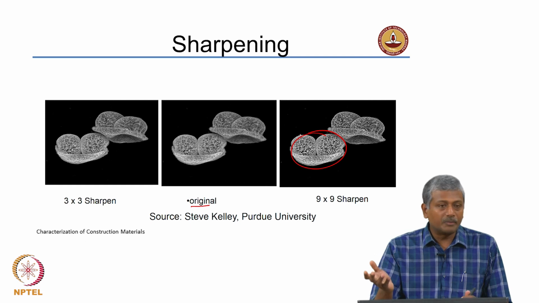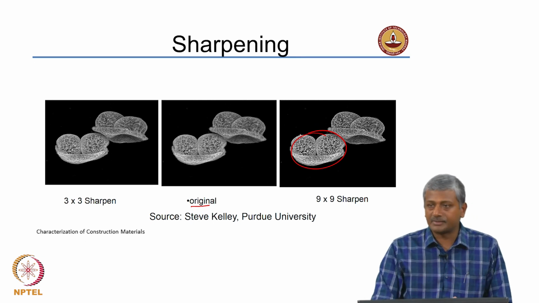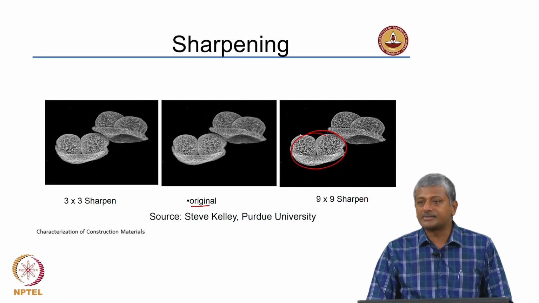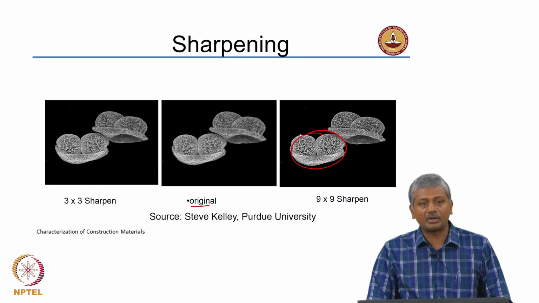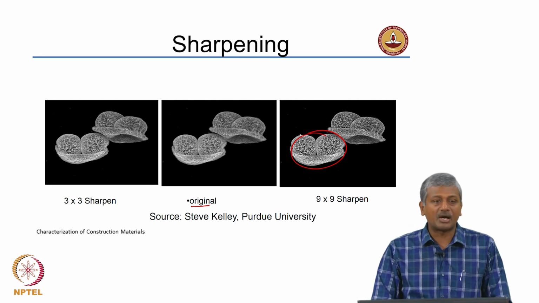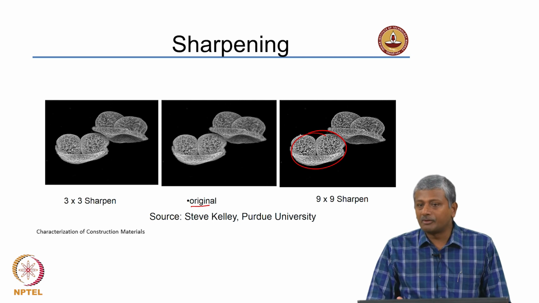Okay. If you go to an image analysis software, mostly what will happen is these sorts of kernels will already be predefined in the system. It is not like you need to choose your matrix. The kernels are predefined in the system and you use those kernels to operate upon your image to get the right level of sharpness or smoothness. So, sharpening and smoothing is only one example of a kernel.